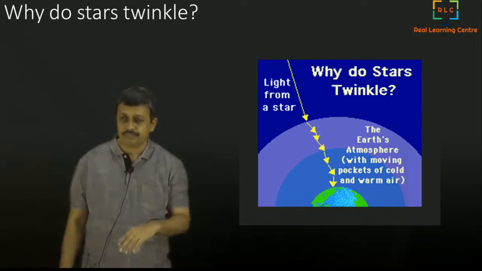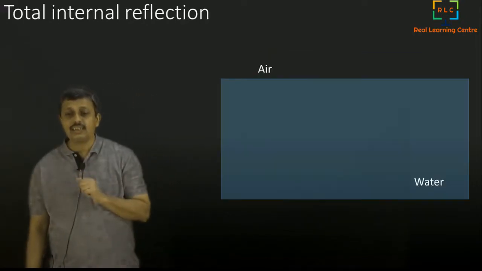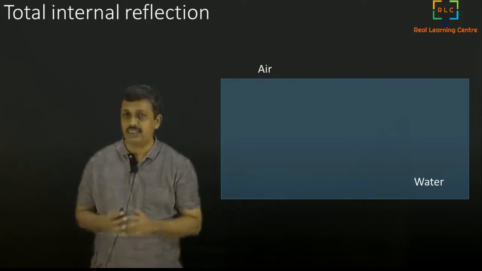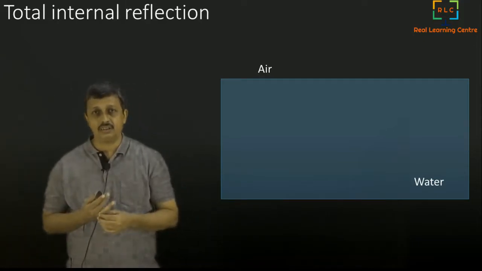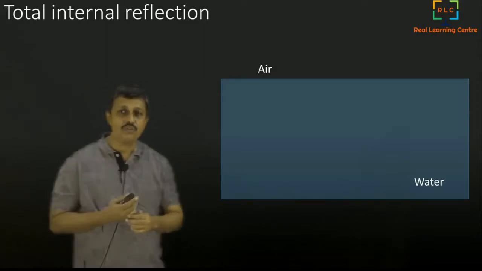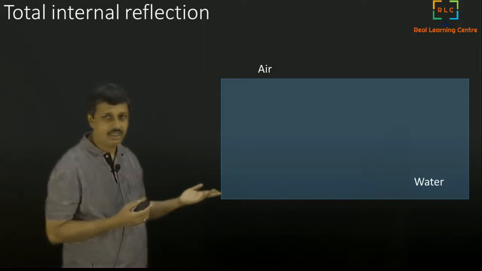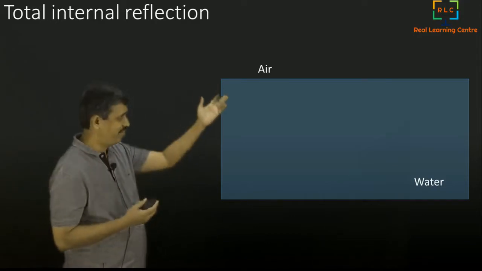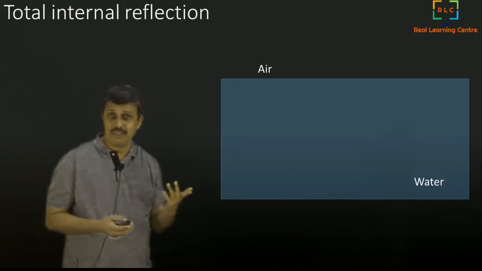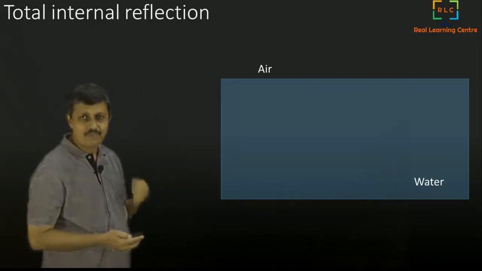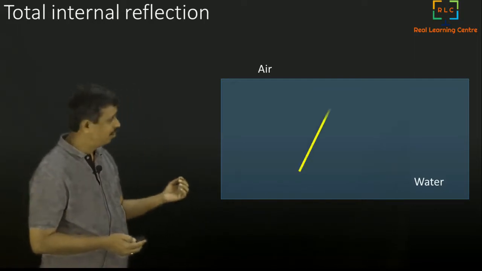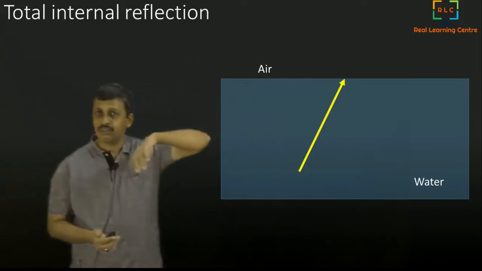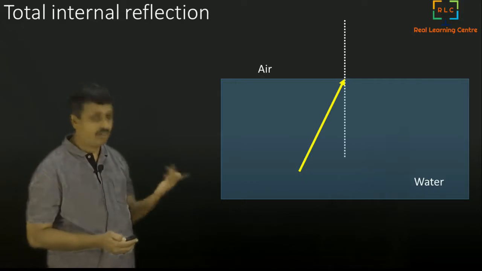of the Earth. So now let us look at one more phenomenon called total internal reflection. It's a very interesting phenomenon regarding refraction. So what do we do? We take, let's say, water and air, the two media. Air is a rarer medium and water is denser. So if I have some light source inside the water, and I take a light ray going from there, it has to escape out. So how does it do that? You draw again